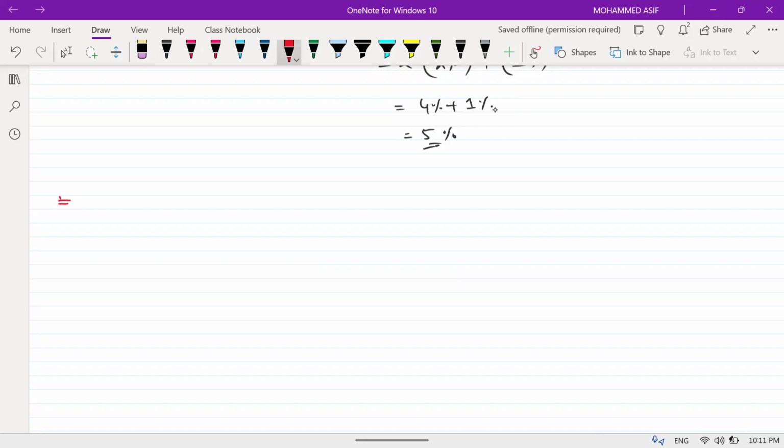Next heading देखो बेटा, percentage change problems। Throughout the physics it will be applicable बेटा।